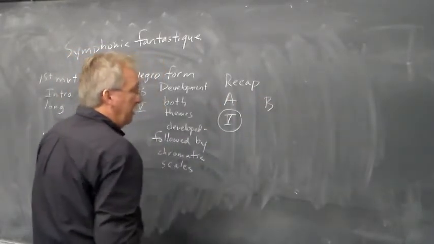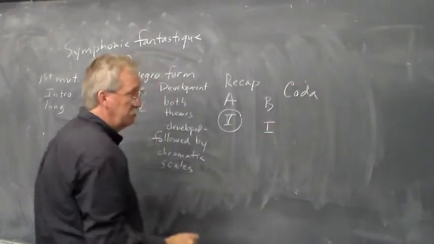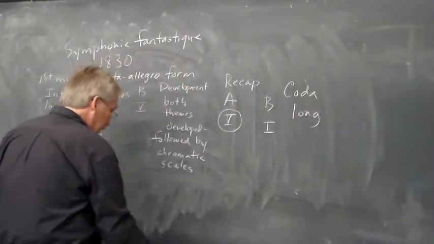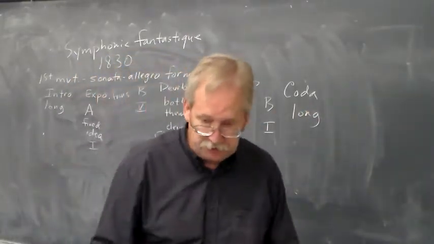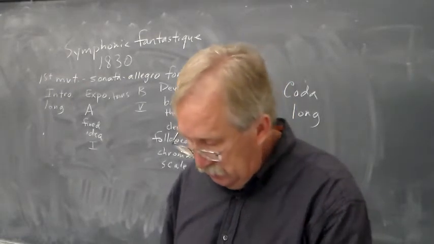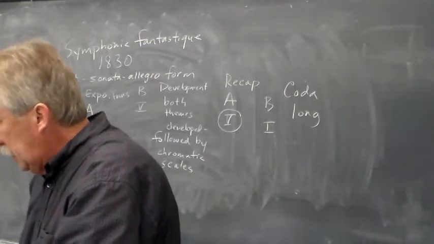And B theme is brought back, and then you have a very long coda. B theme is brought back in tonic. So those sections are the longest, intro and coda. So if you look at the rest of the program here for the first movement,